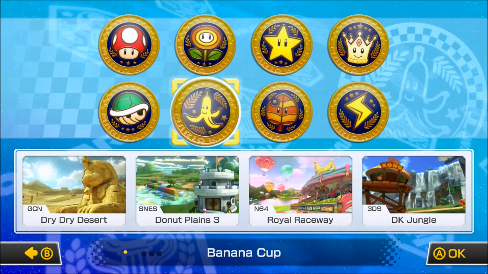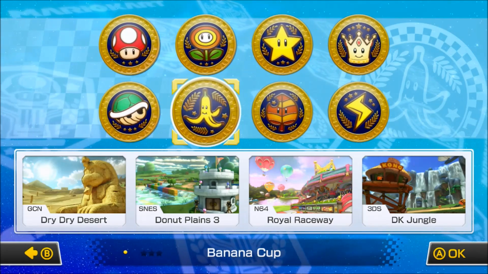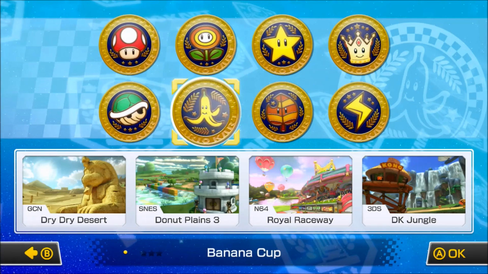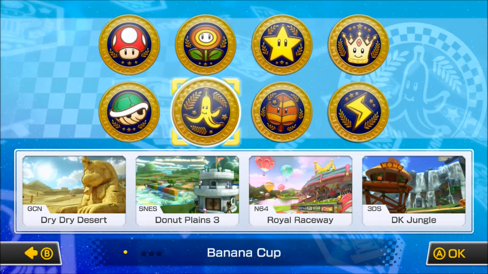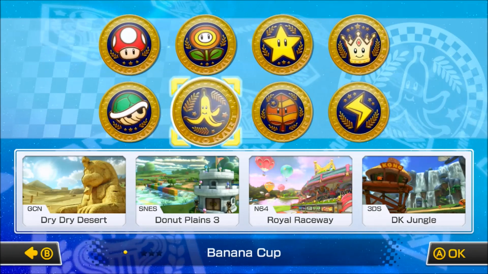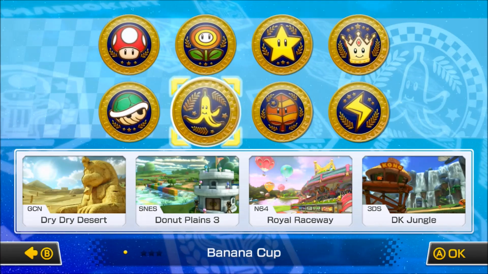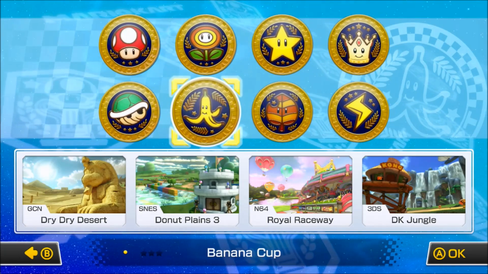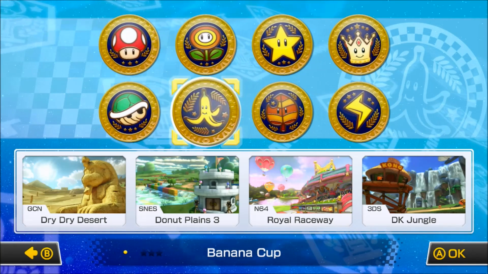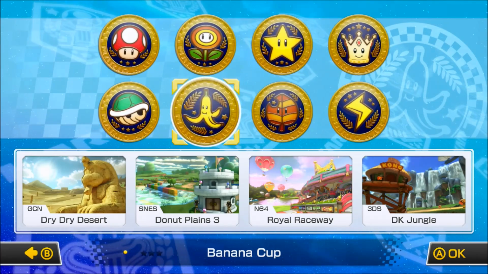So right, like I said, this is the Banana Cup. Four retro tracks. We have, first up, from the GameCube, Dry Desert. From the SNES, this is one track that I've been waiting to get on video. I've been looking forward to this one for ages. This one's Donut Plains. Any of you that remember the SNES game, obviously keep that in mind when you see this level. It's absolutely fantastic how much it's been revamped and redesigned. It looks absolutely stunning. From the N64 we've got Royal Raceway,